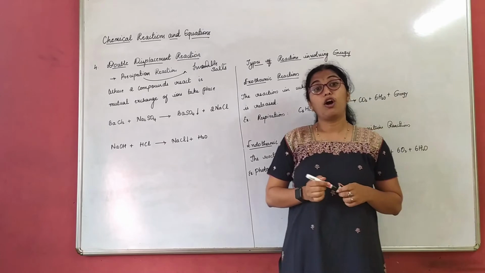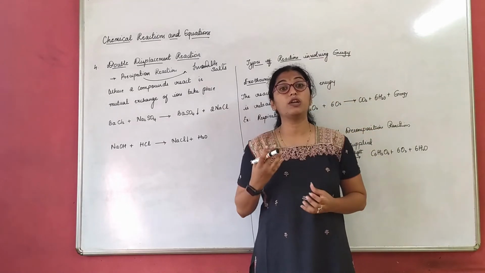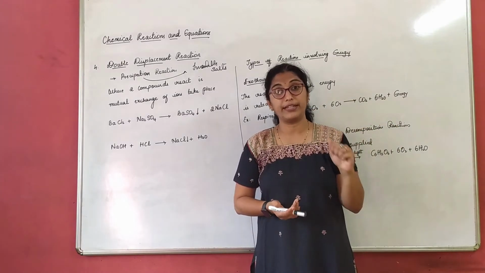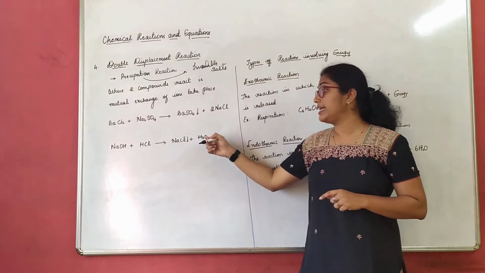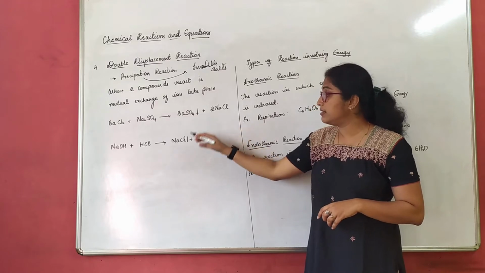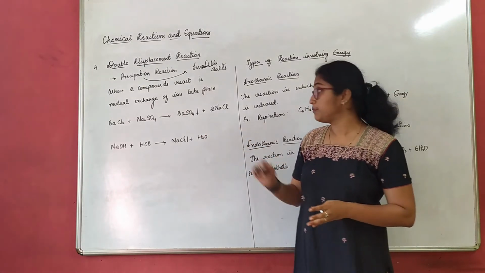because all salts and all solutes will not be soluble in every solvent. Some are soluble only in certain solvents. The same thing happens here. So we form NaCl and H2O. I put an arrow mark here, and this arrow mark tells me that it is a precipitate, right?